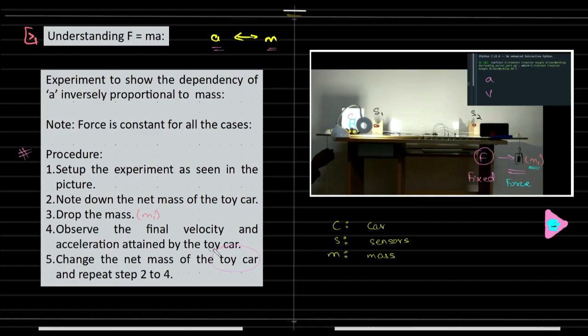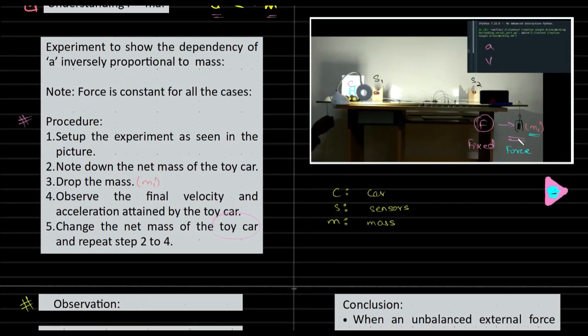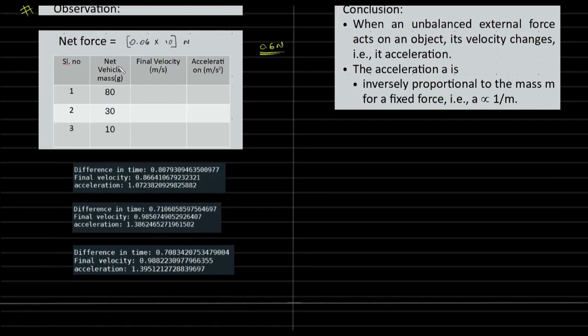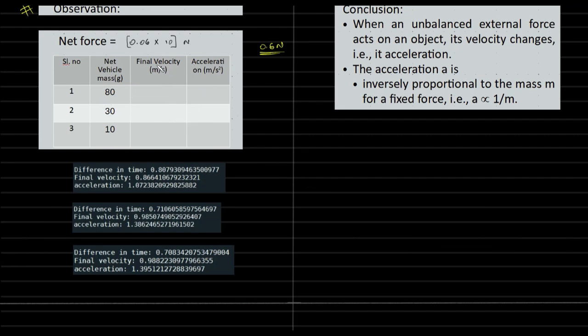So clearly what happened? Let's see the data. Observation. The net force will remain the same, that is 0.6 Newton. That is, the mass m1 will remain fixed. That would be the force that is acting on the car. Now, the net mass of the vehicle is 80, 30 and 10. So I'm showing it in a reduced manner. The final velocities for the first, second and third cases are: